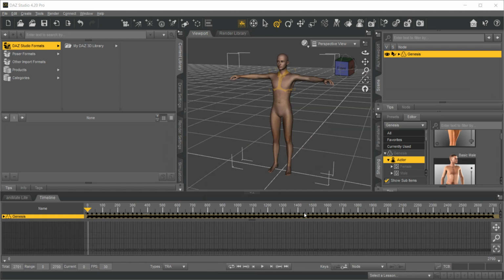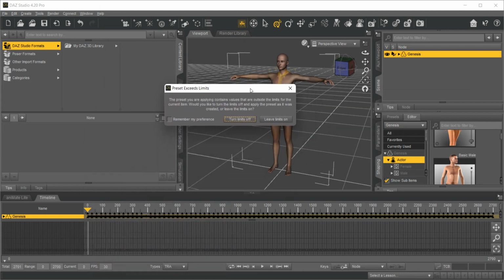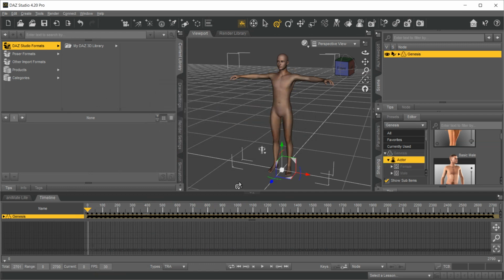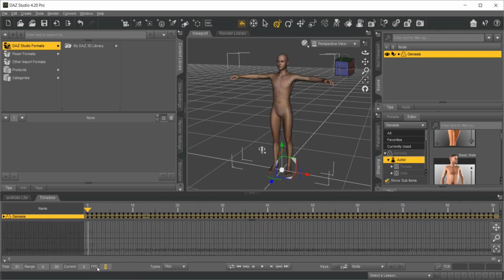Okay, I've got a whole bunch of frames here, but I've actually got a lot more than I need. You'll probably get this turn limits off box, and just go ahead and turn it off. And you actually have more frames than you need, so you can come down here where it says FPS, and instead of 30, set it to 1. All right, there we go. Now we have a better number of frames to use. And after I've applied that, and the length is all set because it added the frames automatically and took care of that,